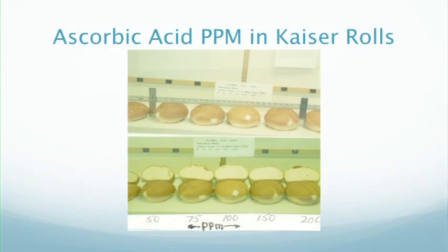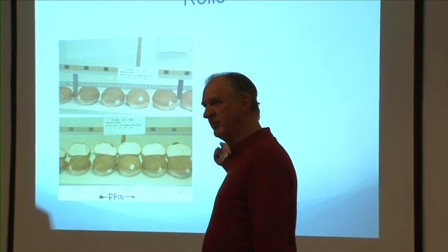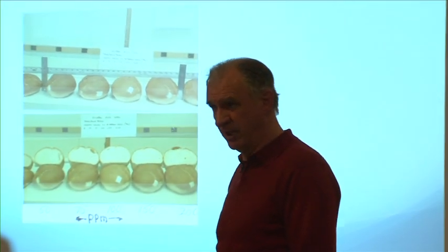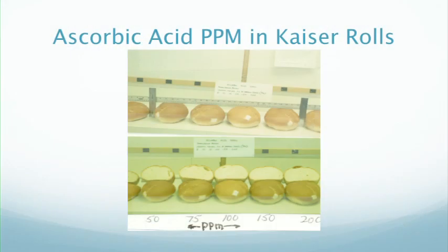The last slide is for ascorbic acid. It does something for flour. What we're looking at are buns here. These are Kaiser rolls that I've done. And 50 parts, legal limit in the US is 200 parts per million of ascorbic acid. It's not so much the USP vitamin, but it's ascorbic acid that we're using at bakeries. So you'll see that on your labels, on some of your bread products. Okay? If the flour is a little weak, we'll add ascorbic acid to increase the strength and to make the